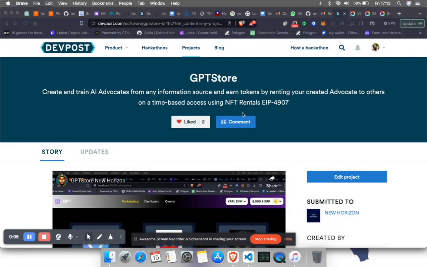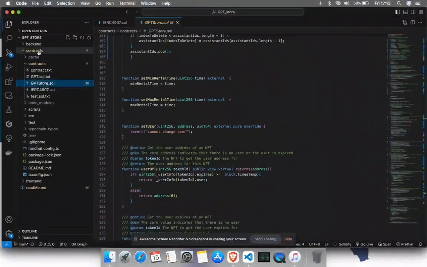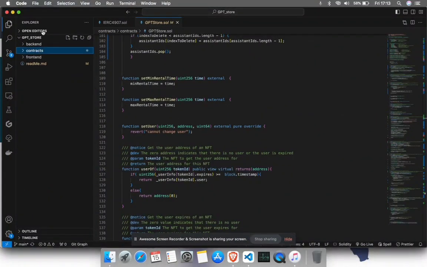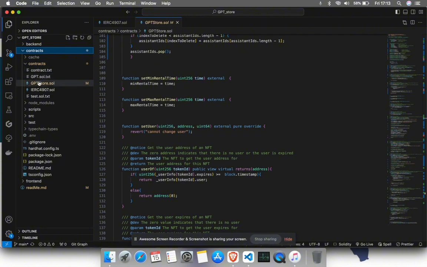So we'll be going to our code right now. Welcome to our code. Here we have our back end, the smart contract, and the front end. We'll go into the smart contract and then we'll go to our